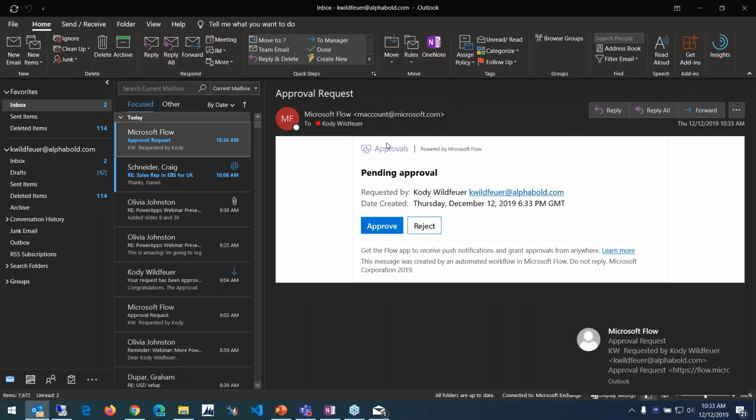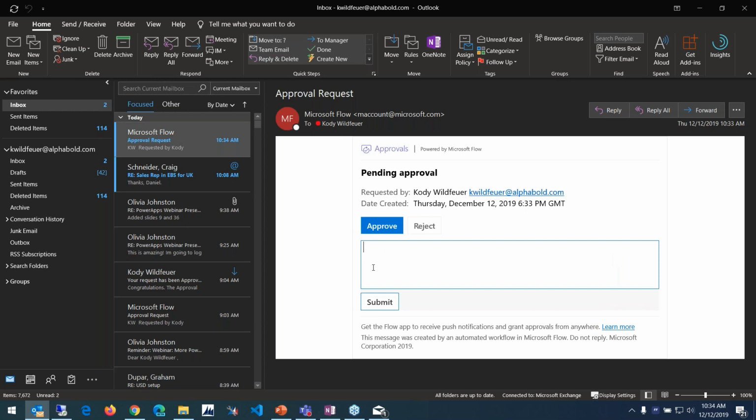It says a pending approval through Microsoft Flow. So this is Power Automate. This is kind of out of the box, where you can trigger these routings based off your Power Apps. And it really goes to show the whole platform being better than the sum of the parts. I'm going to click approve here, and you can give a reason. I'm going to allow that checkout because you are awesome, or you can reject it. They're not awesome. You can click submit,